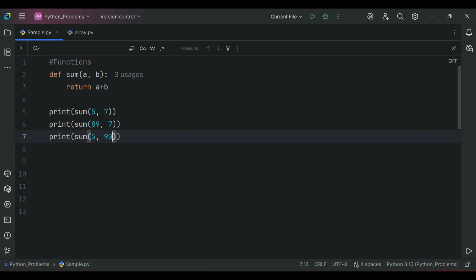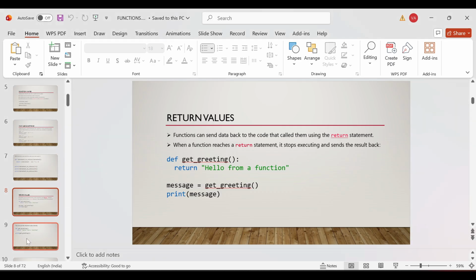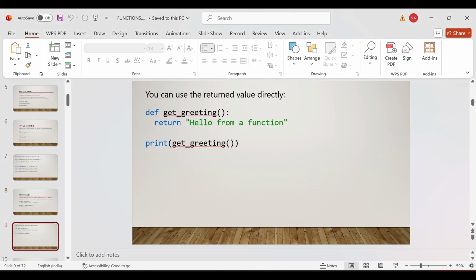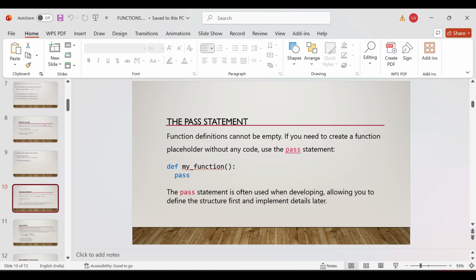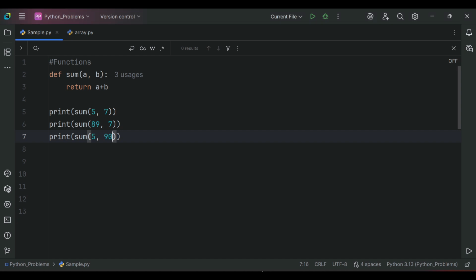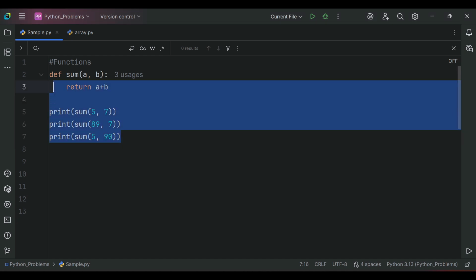Next concept. The next concept is the pass statement. Pass statement means a function definition cannot be empty. If you need to create a function placeholder without any code, use the pass statement. Regularly, suppose if any code is not there,